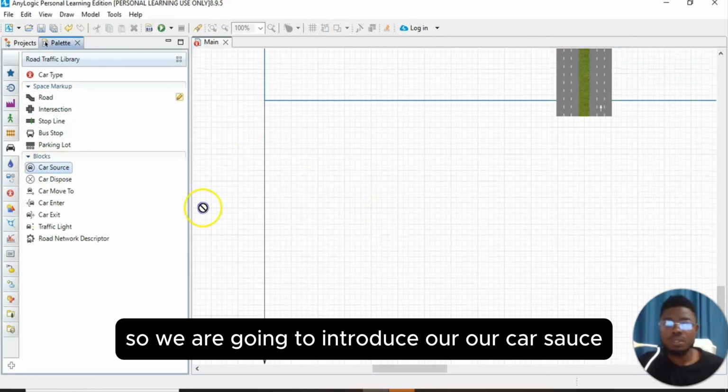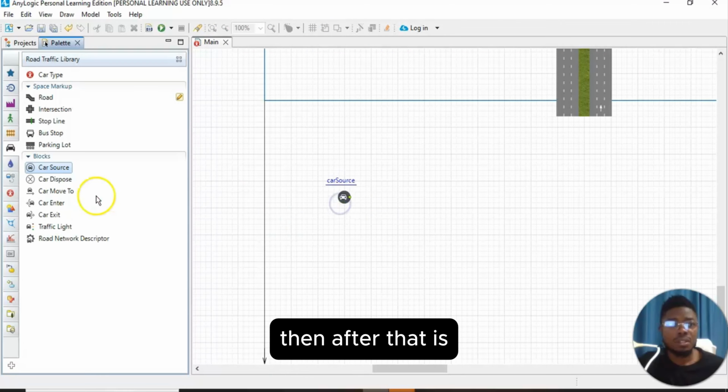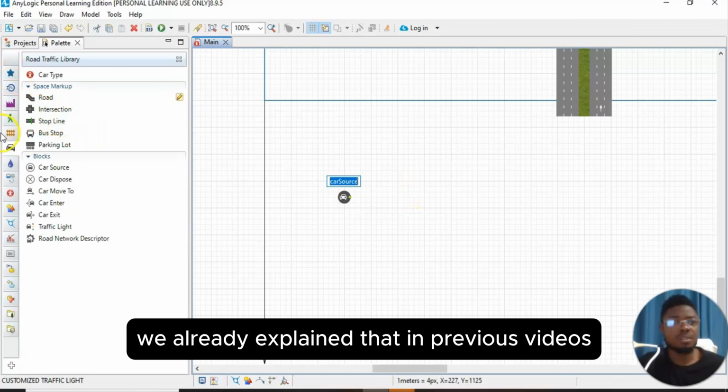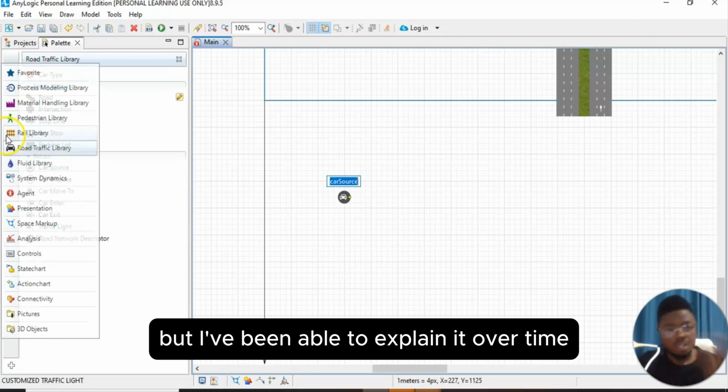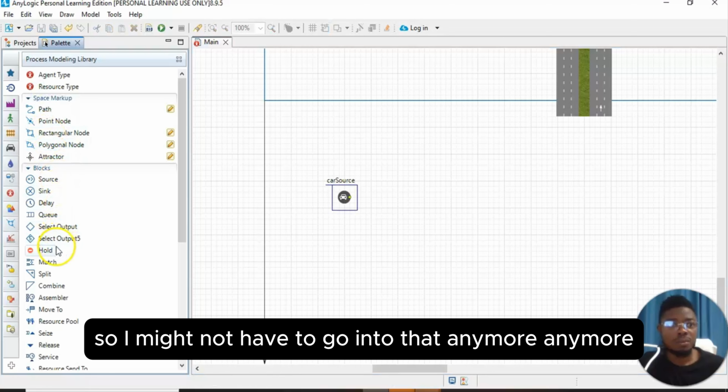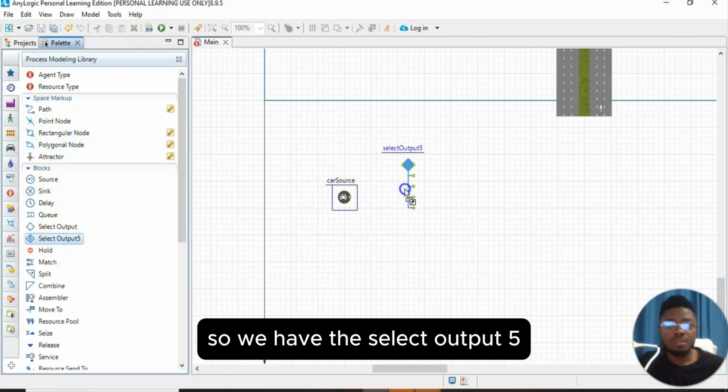So we are going to introduce our car source. Then after that we also need to introduce our select output 5. We already explained that in previous videos, not just one, not just two, but I've been able to explain it over time, so I might not have to go into that anymore. So we have the select output 5,